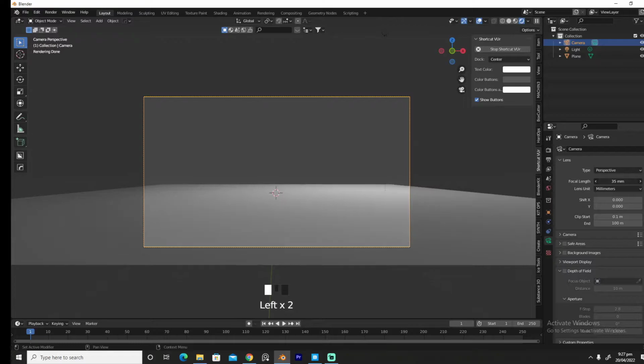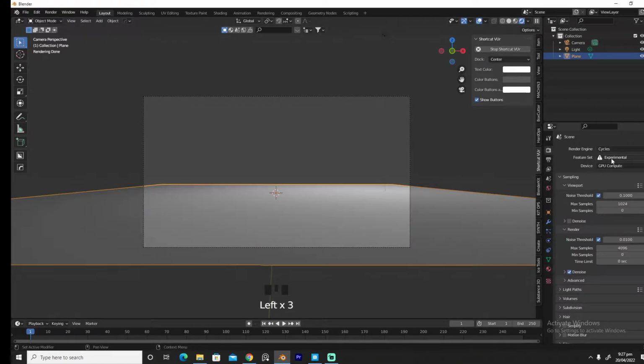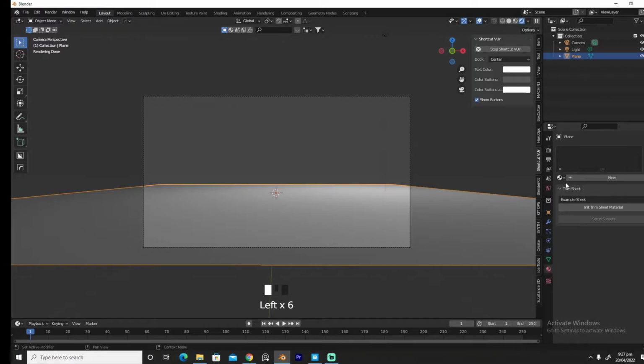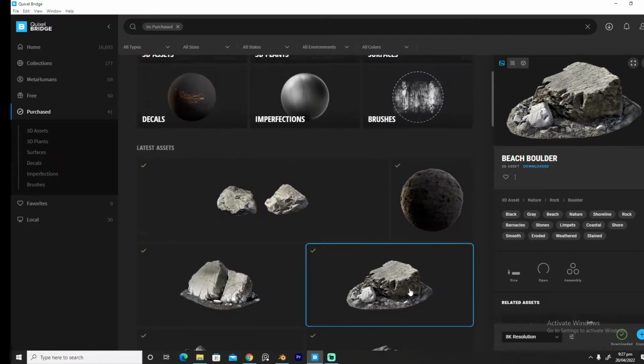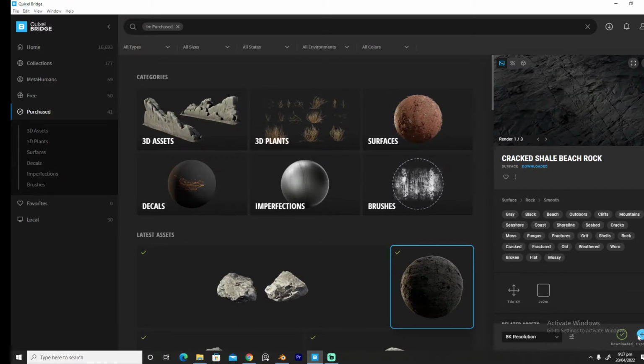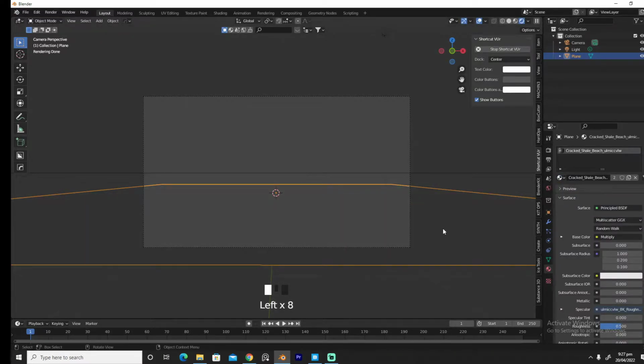And I'm going to bring this back a bit, and we are going to go into Cycles and experimental GPU compute, and we're going to apply a material. You can go to the material and click on export and it will export. So we're going to give this a material,